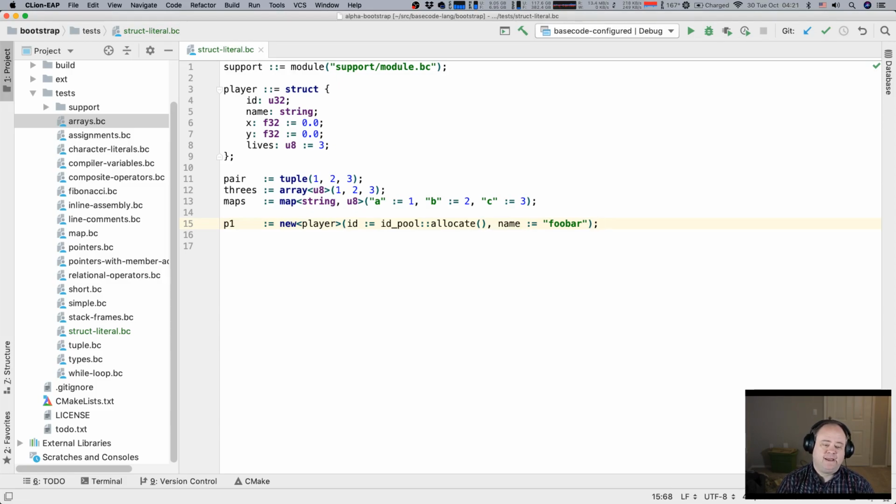But that's why I intend to have IDE integration with this language for something like CLion or whatever, the IntelliJ platform in general, and have a specialized debugger that integrates with the virtual machine for Basecode and allows you to cleanly debug metaprogramming without it being a big hassle. And even then, with good tools, you're still going to probably paint yourself into a corner. You're going to have to get out.